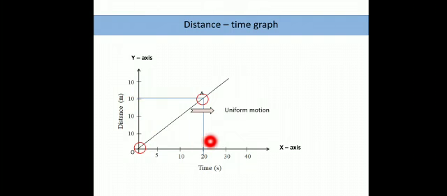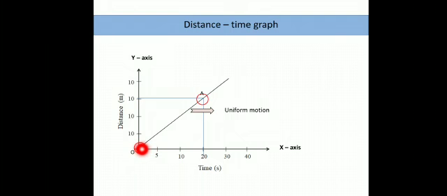So this is how, for every value of time and distance, we can draw horizontal and vertical lines, and wherever these lines cut each other, that will be the point of interest. This is how the information is obtained. Initially, the object, maybe a vehicle, had traveled a distance of 0 and the time was also 0. That means the vehicle was at rest, it was not moving. So when distance and time are both 0, the vehicle is at rest.